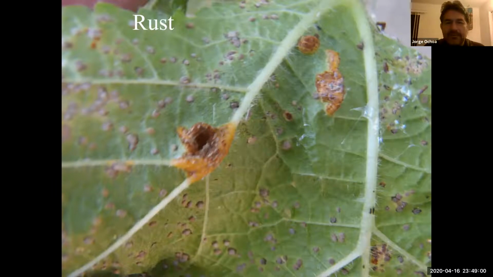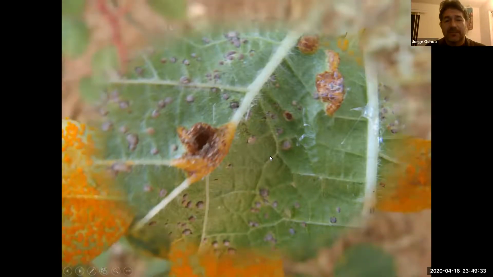And just like powdery mildew, rust is an obligate parasite. So host specific and obligate parasite, which means that rust will not kill your plant. It needs that living host to keep on living. Unlike powdery mildew, rust is completely systemic. It's inside, and so it is only during the time of the year when it's time for them to send out the spores that you will see some of these clusters that will eventually burst and release the copper color spores.